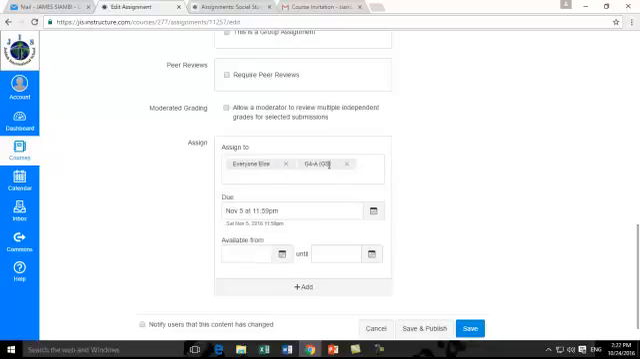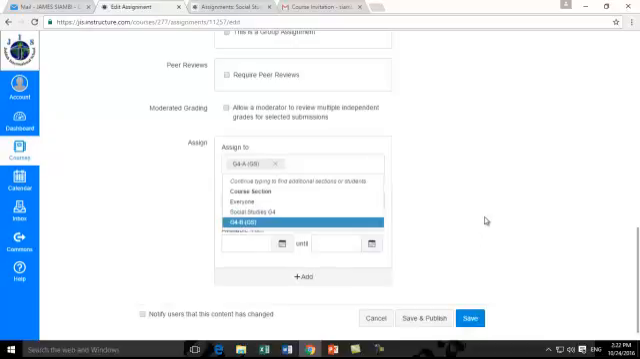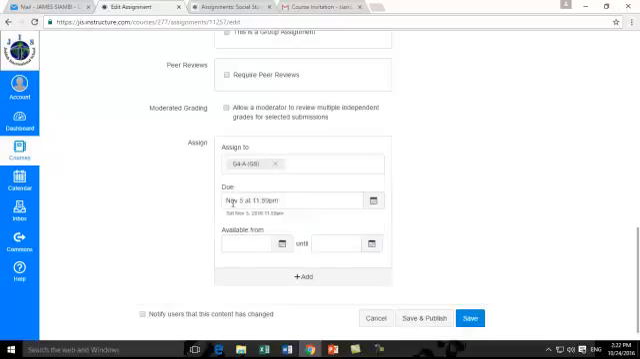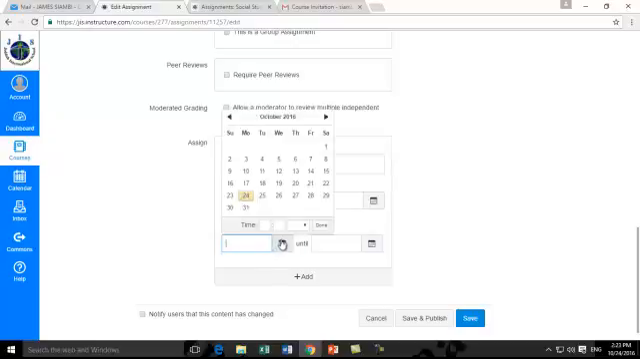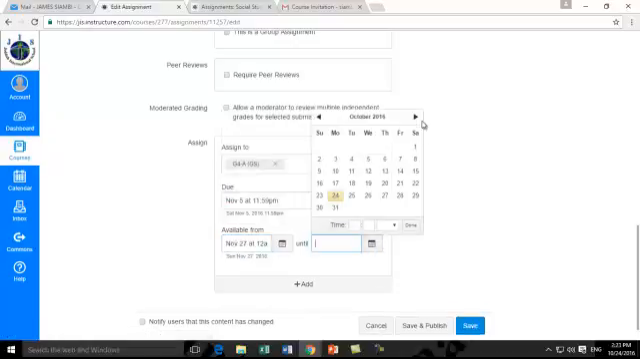Once you add your class, remove everybody so that your homework does not go to all the children. Then you will see the due date. You can change that. You can say available. When do you want this homework to be available? For instance, you want the homework to be available only on the day or the week of submission. Could be from 27th and until